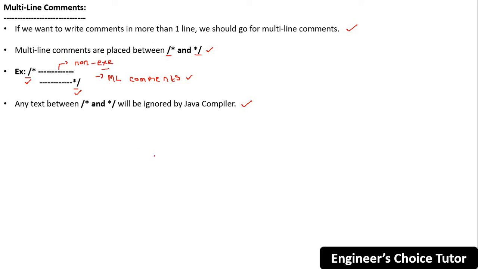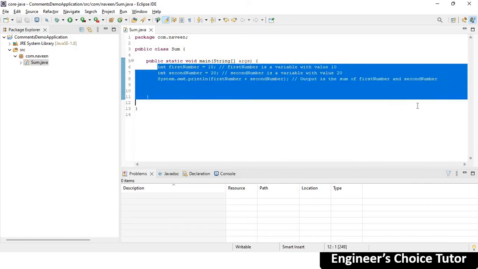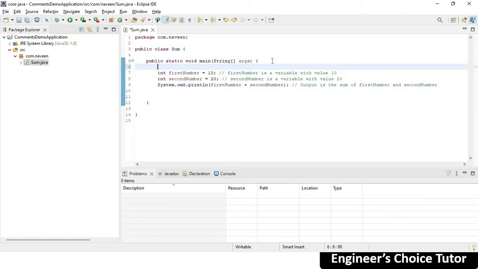Now let's see the example. Go to the IDE again. In the last example, we used three single line comments. I can happily replace those three single line comments with one multi-line comment. How can I replace? Simple. Forward slash asterisk, then asterisk forward slash. Now write your content here. First number is a